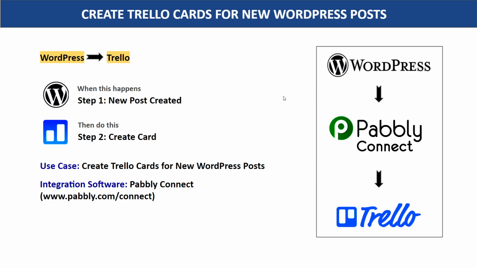So here you have two choices. You copy all the details of the WordPress post, sort it out, download the feature image, and manually create a card in Trello. Now the problem with this approach is it's actually very repetitive and tiresome. So here I would suggest that you bring in some automation so that whenever a new post is created in WordPress, automatically create a card in Trello.